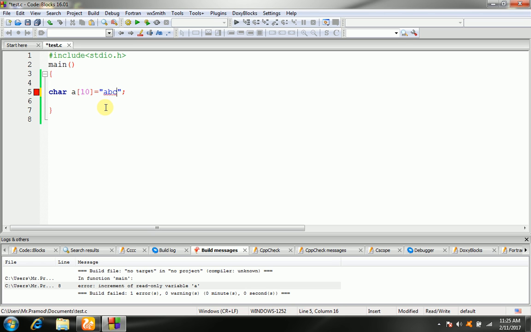A string contains characters that are similar to character literals: plain characters, escape sequences, or universal characters. You can break a long line into multiple lines using string literals, separating them by white spaces, just like this, with comma, space.